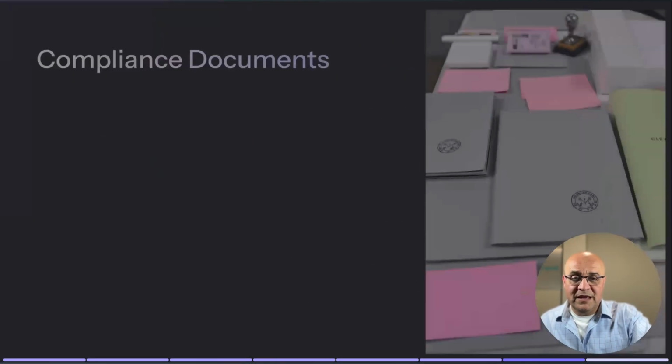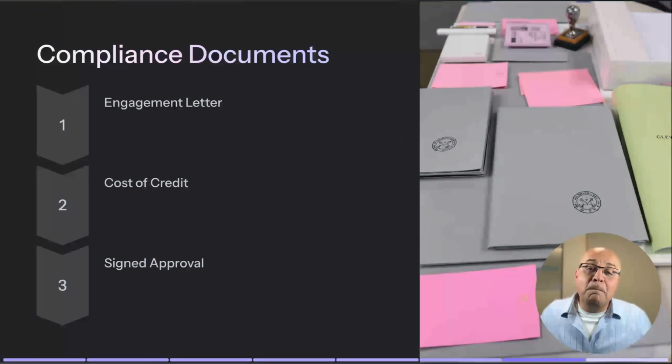and protect your credit and get you more options, which is very cool. Now, in terms of compliance documents, we would need an engagement letter. This also has the authorization to review your credit, so you understand that we're acting on your behalf. We're also going to have you sign, when we get the approval directly from the bank or the credit union,